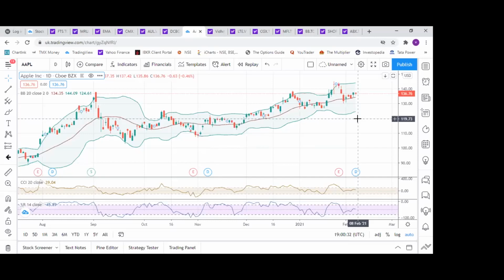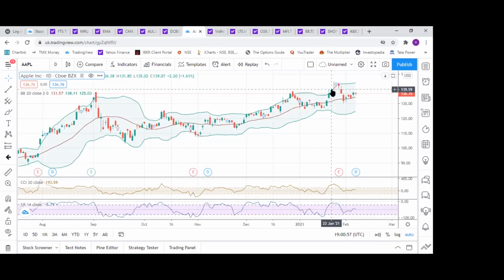For the target, even when it touched 141 recently, it was almost at the upper Bollinger Band. Exactly, that's a strong sell signal at that place. Now, where did RSI give you the indication to sell? RSI told you over here, it's 5.9, and plus 193 on CCI.